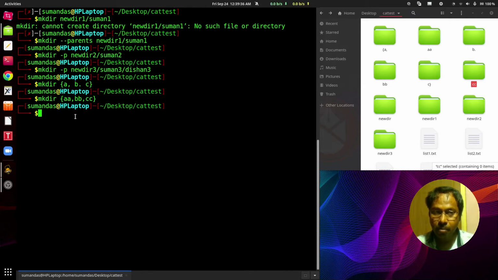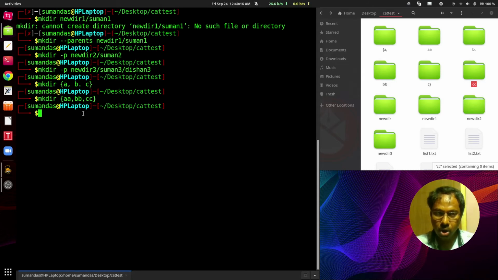So to create more than one directory, we can use the curly brace and then the names of the directories we want, separated by commas, and between the directory names there should not be any blank. So that is the way we can use the mkdir command in Linux.